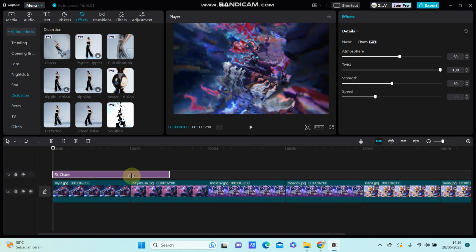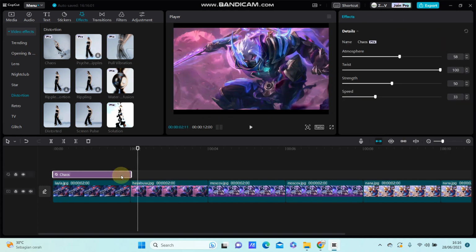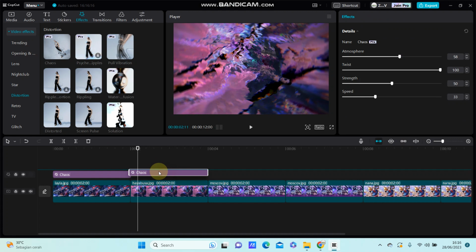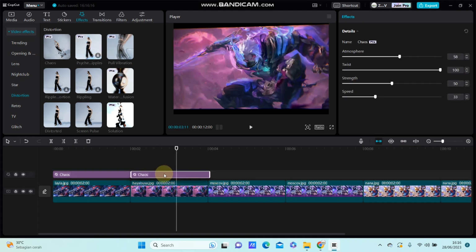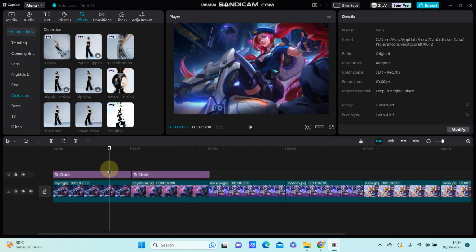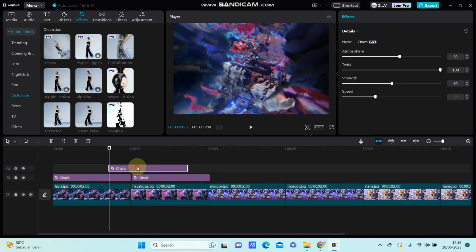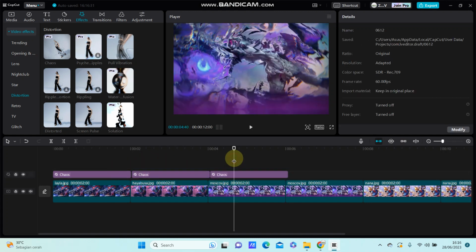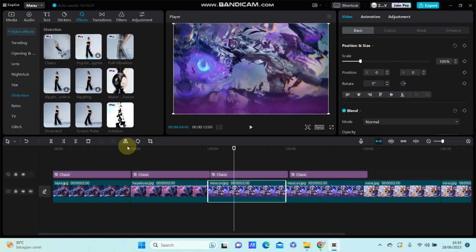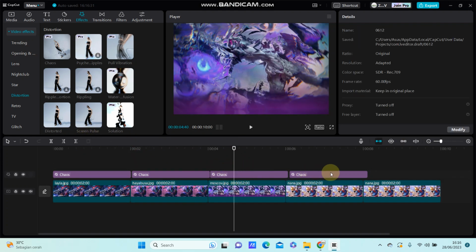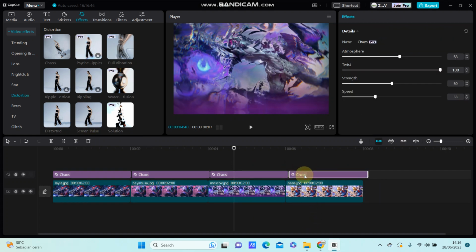Add to the track and make it shorter. Copy paste and put on top of the clips. Copy paste again. Right, and after done, you are just going to